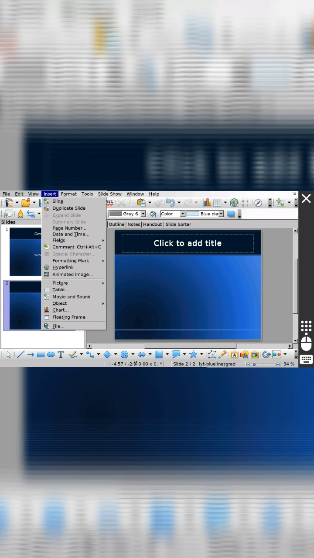Okay, on this slide I want to insert a picture, so I will go to insert and click on the picture option, and there will be two options. You can see on the screen, from file or scan.